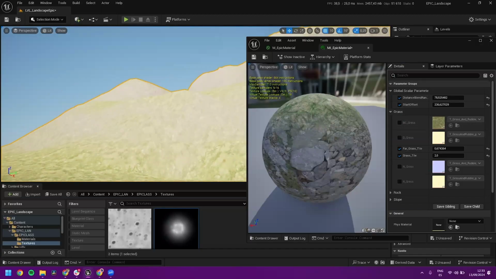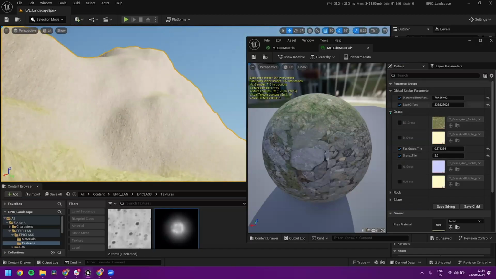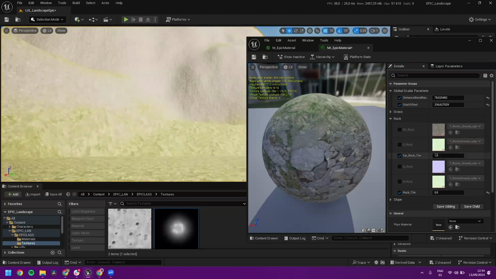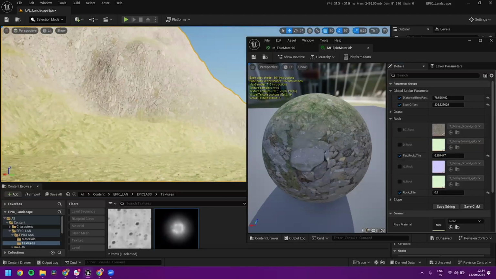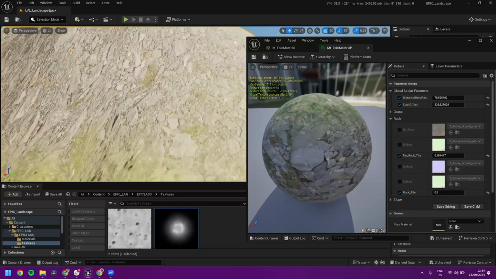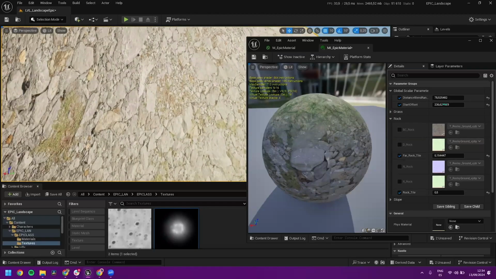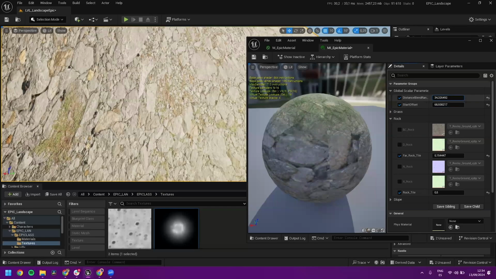And we're going to try with the rock because that may work much better. So let's go to the rock. We've got the rock tile, which we said it was okay on 0.5. Let's try the far rock tile. If we make it bigger, you see, something like that will work. But now if I go close to it, this needs to,